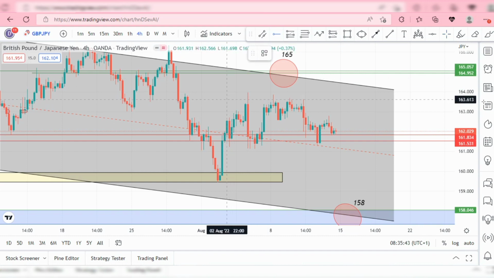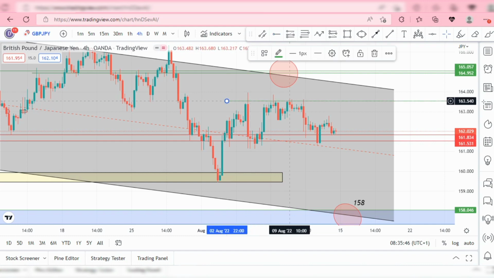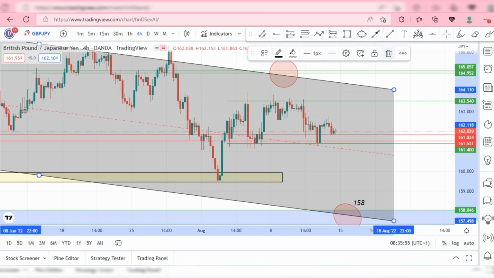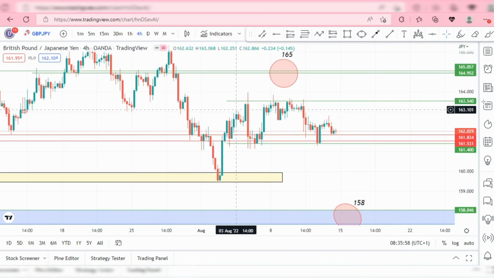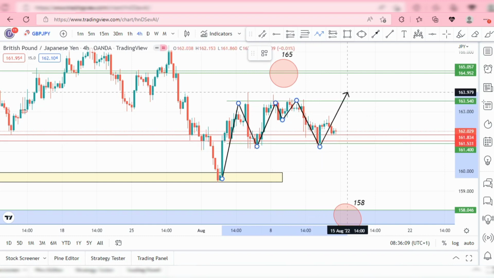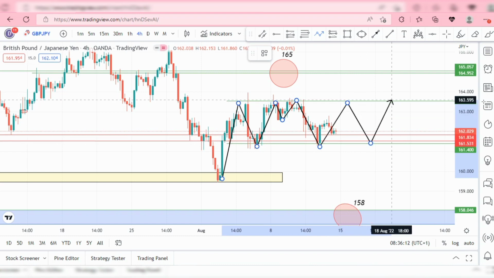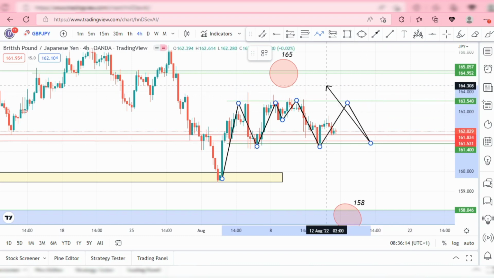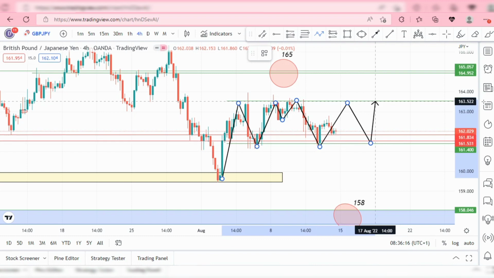As we pointed out earlier as well, there is a resistance area right there, and then this support level down here as well. So price generally, if you look closely, is moving between this range. This is the move that price is making now. Price has gotten into this range here where price is moving like this. So price is just moving between these two levels for now. And for us to trade this, you're going to wait for a break either above the